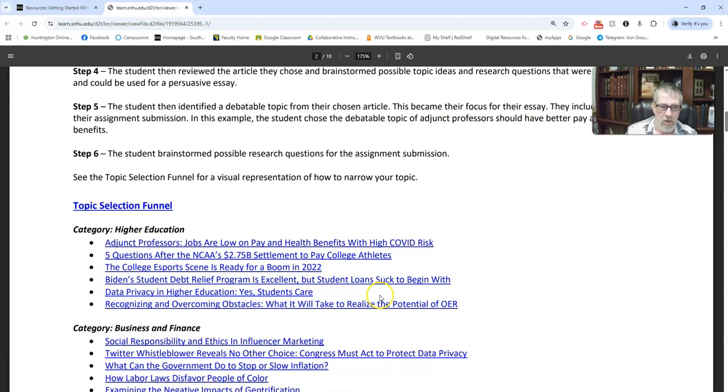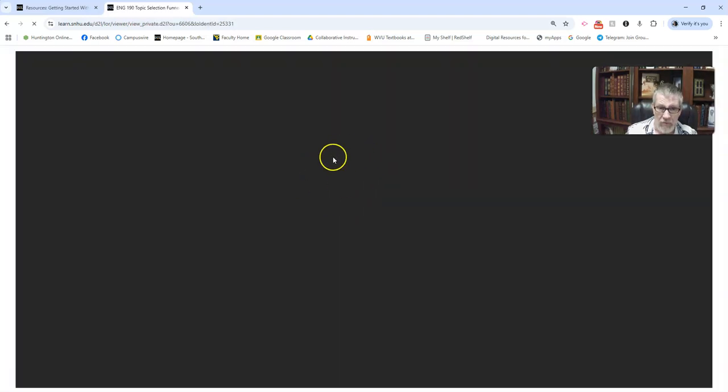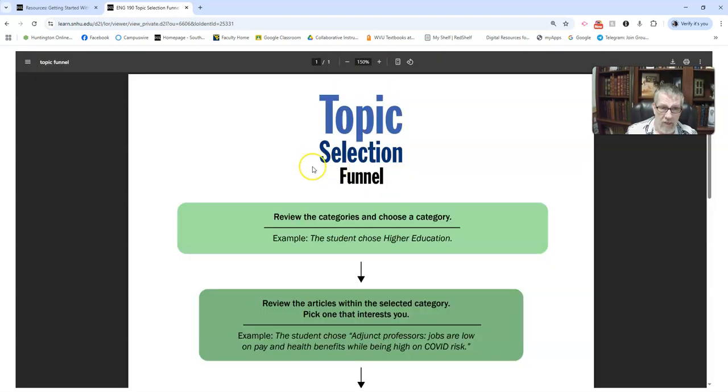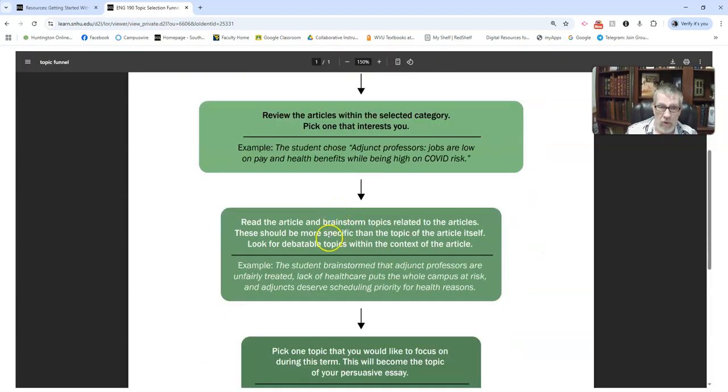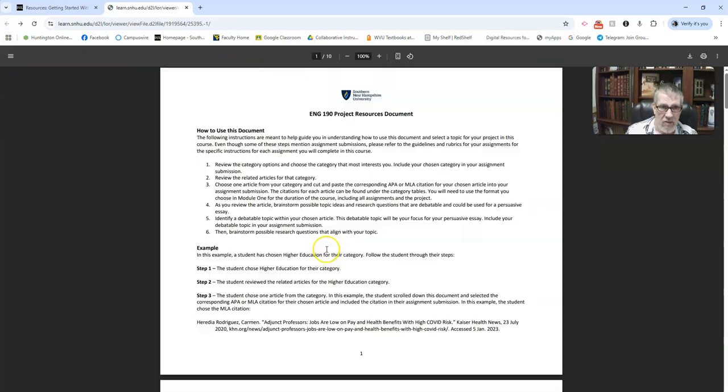Okay, so this topic selection funnel, if you click on that, you'll just see it's basically a visual breakdown of what I was just talking about. So you can use that as an example for that. And then you can download it or whatever you want to do. But after you've taken a look at that, then you will of course return to your document,